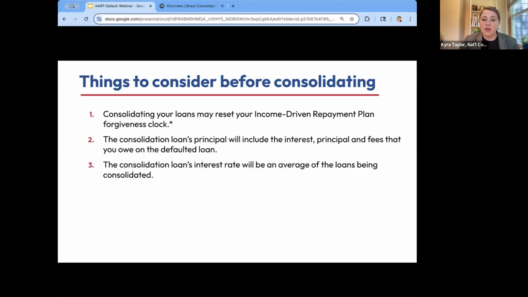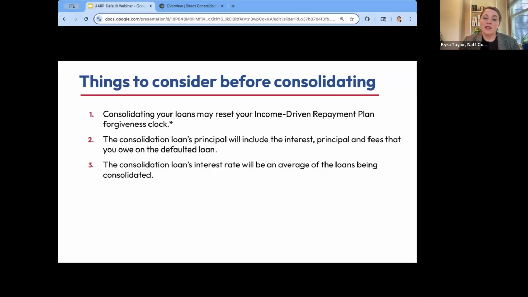In addition, the consolidation loan's principal will include the interest, principal, and fees that you owe on the defaulted loan. So it could mean that you pay more over the life of the loan. But again, owing a new consolidation loan where the principal includes those sums of money is likely worth it if it stops collections from proceeding.